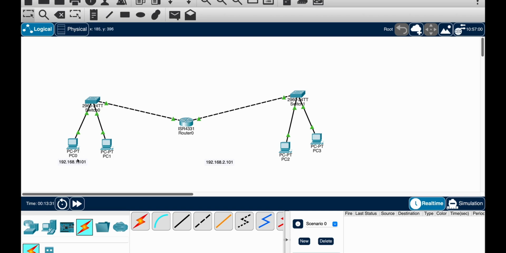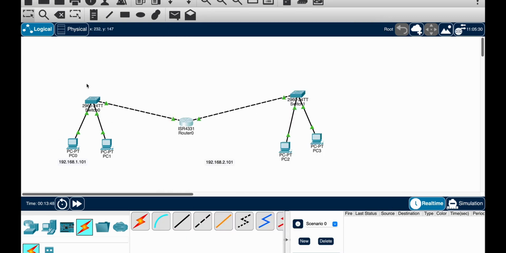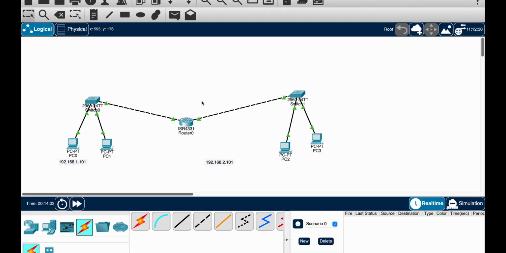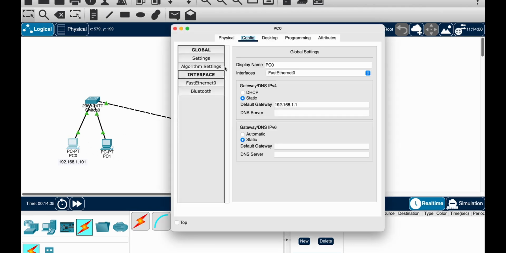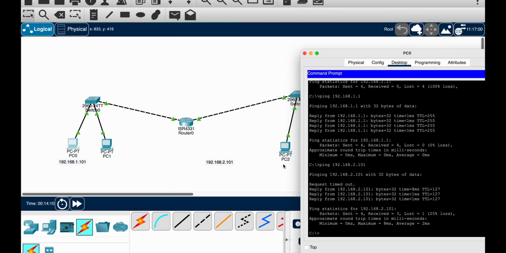One very important thing is that we have given this thing a static IP address. Instead, what you should be doing is adding a DHCP over here, and the DHCP should give out the IP addresses to these PCs, and it should also specify that this router is our gateway. So for these PCs connecting over here, the default gateway is 192.168.1.1, and for these guys the gateway is 192.168.2.1, even though it's the same router. Make sure that you understand that, practice with this, and make sure that you can establish connectivity by sending pings from one PC to another and from PC2 to PC0 as well.